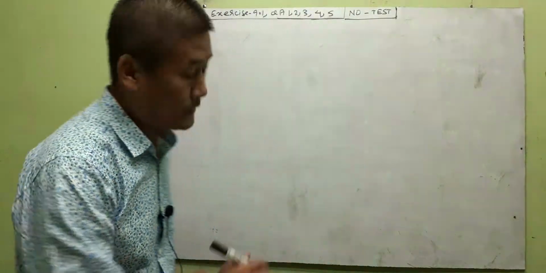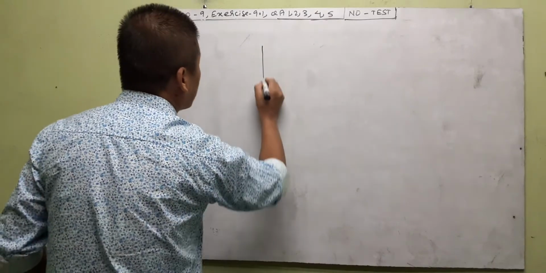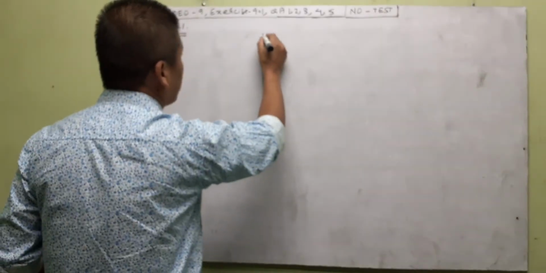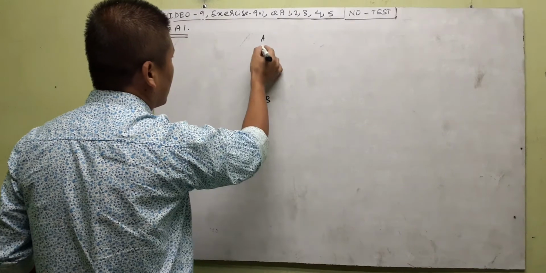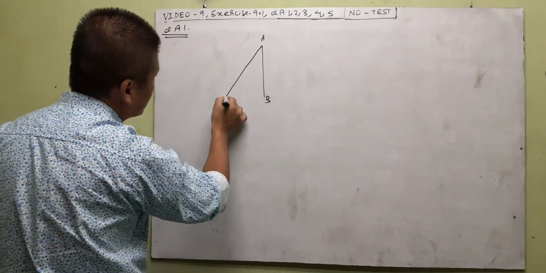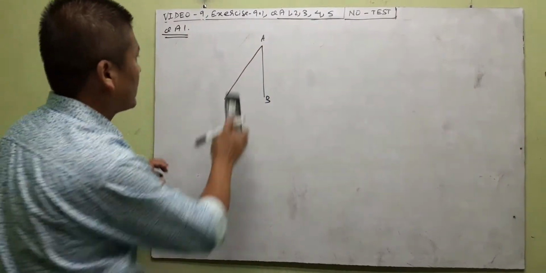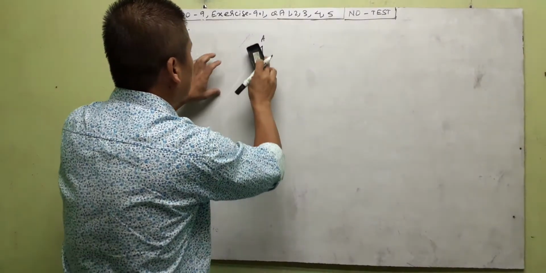Let me read. A ladder 15 meter long just reaches the top of a vertical wall. If the ladder makes an angle 60 degree with the wall, okay, find the height of the wall. Okay, this is a multiple choice question. So a ladder, this is the wall, let us say AB, and the ladder is placed in such a manner that the question is saying, when the ladder is placed